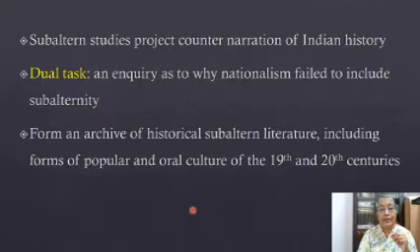That's why the oral culture is mentioned here: why their oral culture was not transmitted to the mainstream, why it was not collected, and if there is any chance of collecting them and forming an archive of historical subaltern literature,